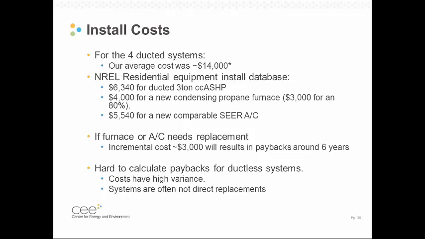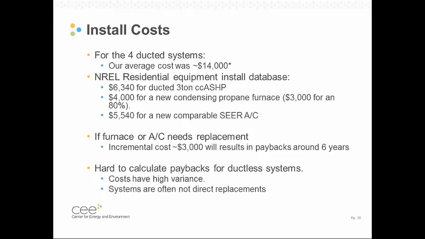So that was about half of the cost, maybe 40% of the cost in most of these cases. We also paid some money for the instrumentation and things, so there's some small addition, maybe $500 for that. The biggest thing I think here is that most of the contractors we worked with weren't very familiar with these cold climate systems. They had some experience with non-cold climate heat pumps and lots of experience with AC systems. And so there's probably some kind of safety / risk factor built into these numbers that cause it to cost